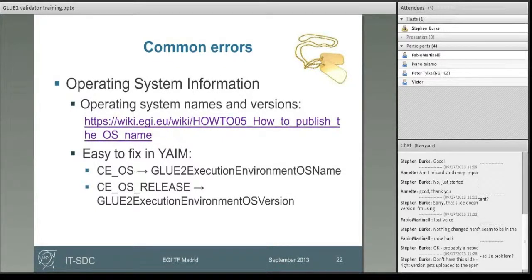And then here I prepared a table for the different GLUE attributes that are concerned by the batch system and which batch system variable for PBS and LSF you have to modify. I will try to get this for other batch systems as well. But at least for PBS and LSF, you know which variable is concerned, and you can check whether it's properly configured. And yeah, this will help a lot to improve